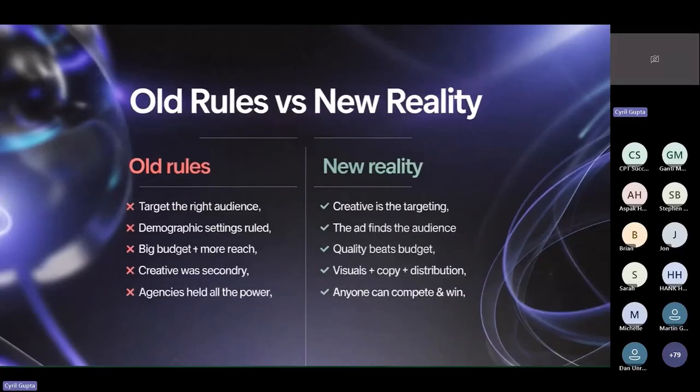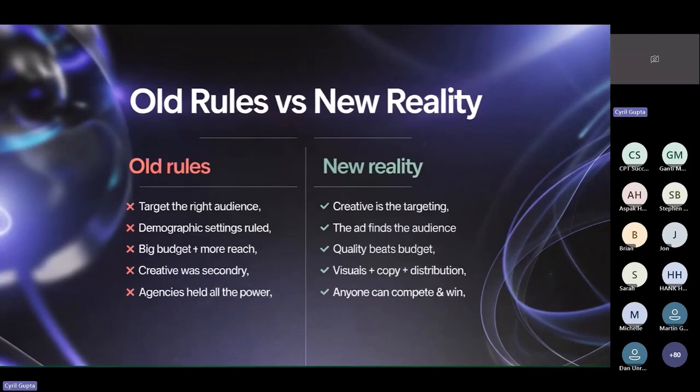That is going to change because now agencies don't hold all the cards and the resistance points, because things can be done more by individual businesses. It also opens up the market to smaller agencies, smaller entrepreneurs, or solopreneurs, of course, who want to get into the agency business and create an agency all by themselves. So again, creative is the targeting.